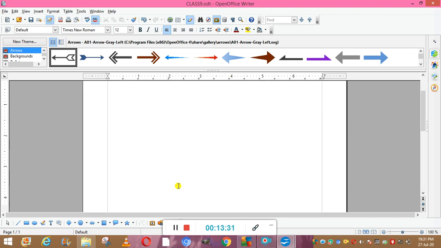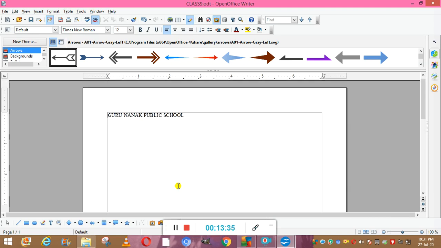Okay, and the next thing is how we can select a portion of the text. If we want to select the whole word, we can double click the word, as I told you earlier. And for the whole paragraph we have to triple click within the paragraph.